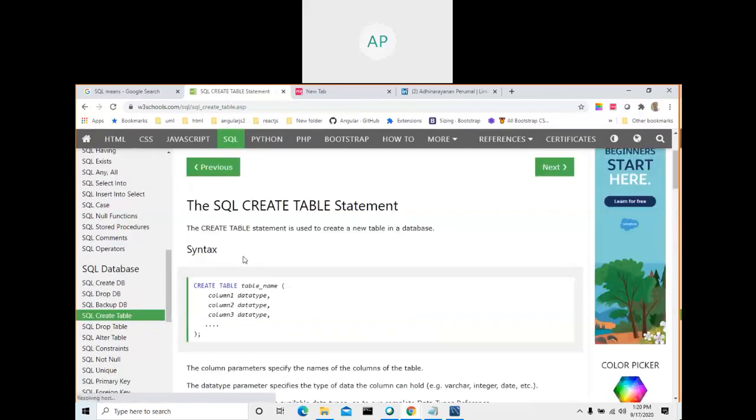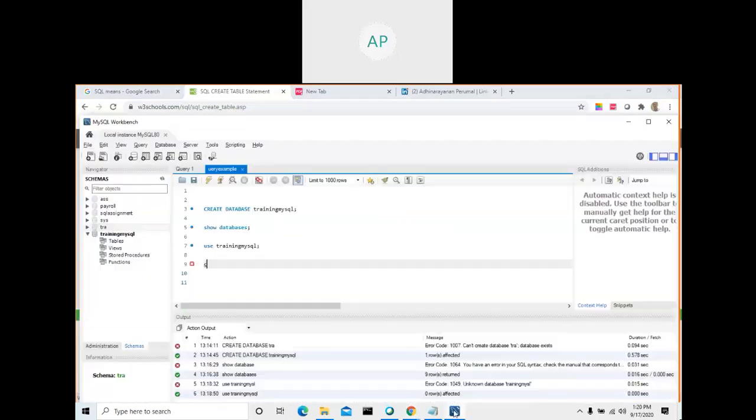As of now, in the SQL language you know how to create a database and how to inform Workbench which database to use. We use the use command, and we already ran show databases here. So we know three commands: create database, show databases, use database.